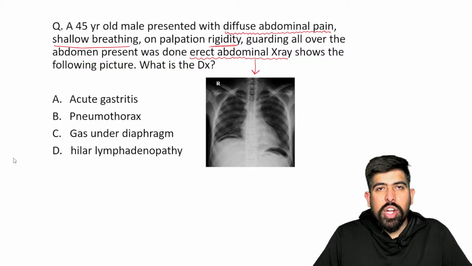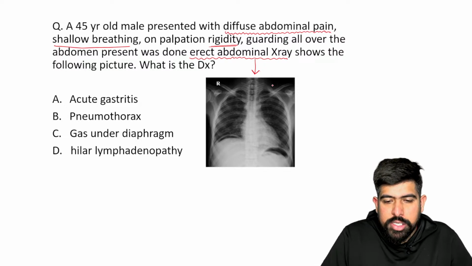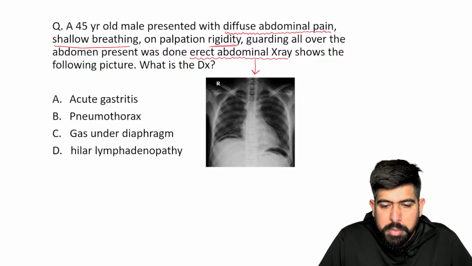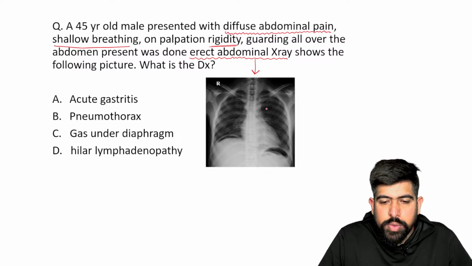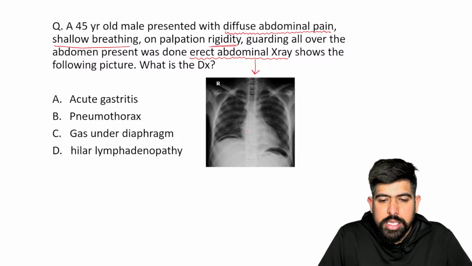The denser a tissue is, the whiter it appears, right? Like bone is dense, so it will be seen in white. You can see this is the heart of the patient, and these are the lungs, but the lungs are seen totally clear. There is no lung pathology seen in this condition.